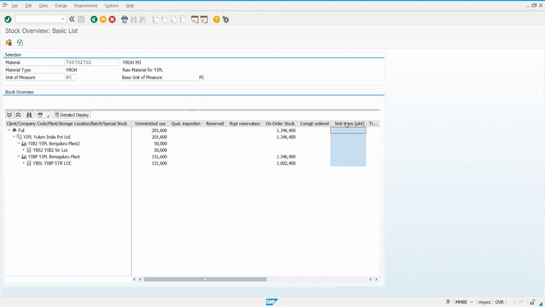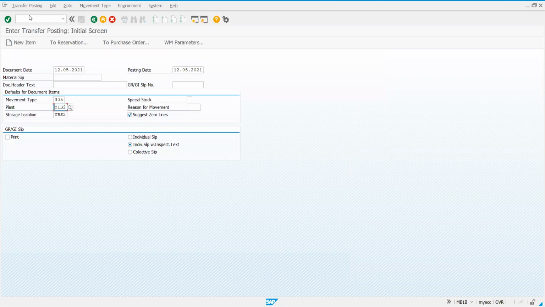Yeah, I just maintained same because while creating it, I taken same plant. You can just try with the other plant, it will move. While doing this document, by default, it has taken the recent plant that I have created, that is second plant. You can observe that MB1B. See, plant and storage location, it had taken same. I just went with this, due to which it is showing same plant. You can just try with the different plant.